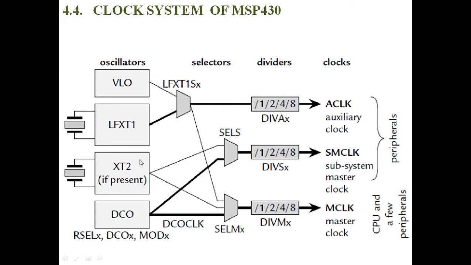Which is mainly designed for high speed applications, approximately up to 16 megahertz. So it generates the 16 MHz clock frequency that is given to the selector. Next, SCLS means source select. We can select the source from either DCO or the second crystal oscillator. Here also the source is VLO or low frequency oscillator like that.